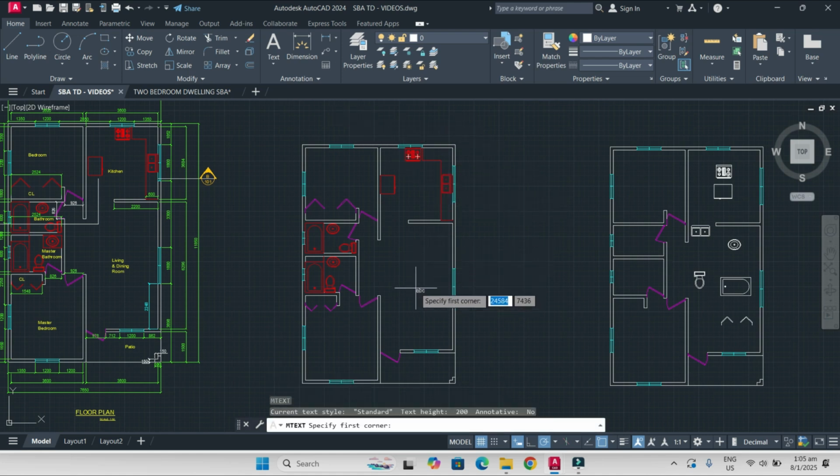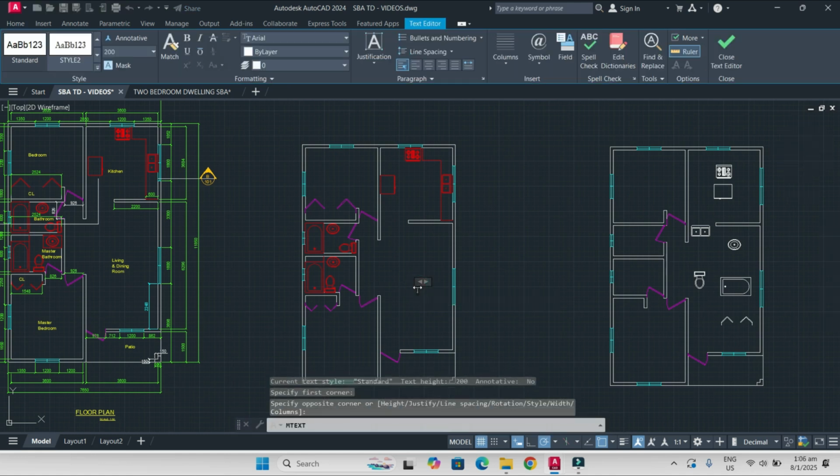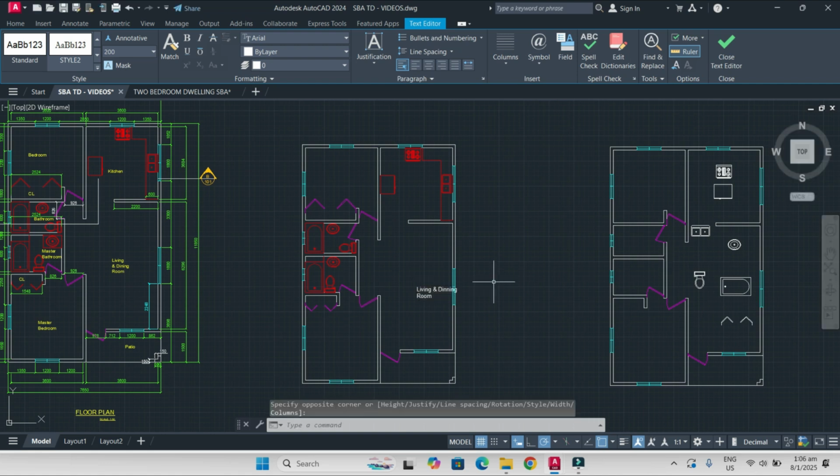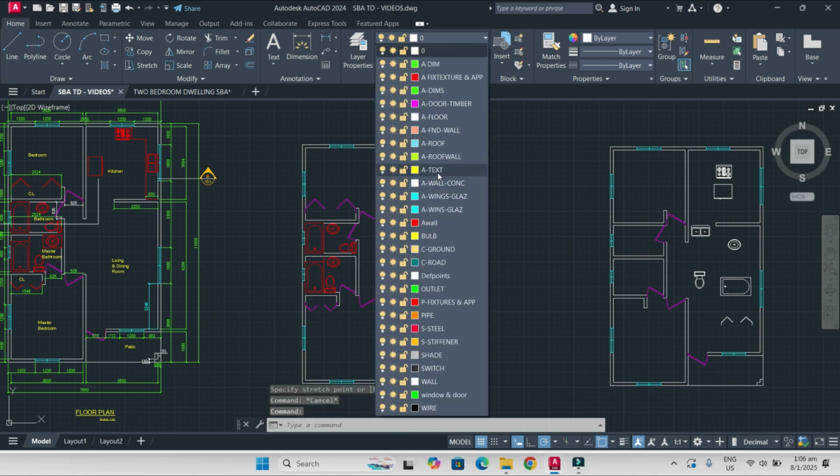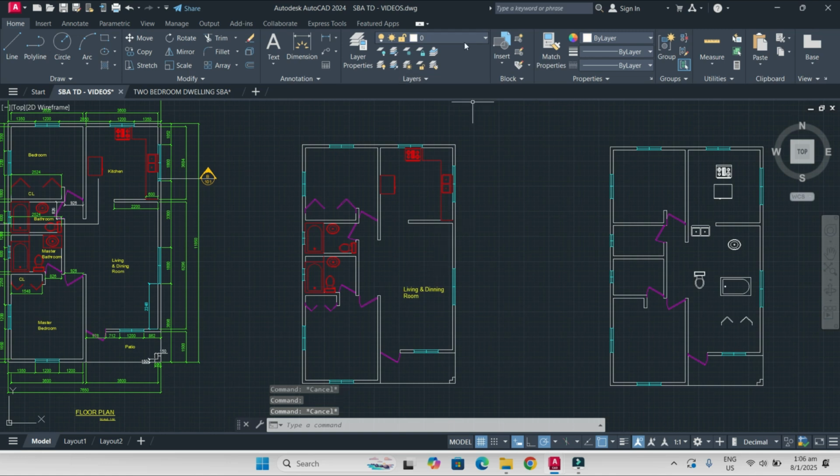Then now we're going to start labeling. So we're going to first label our living and dining. So label living and dining room. And there we have it. So I'm going to place this into the text layer, and we're just going to turn on the text layer. Alright, now for this, we can just copy this to several, or if you want to go back to text,